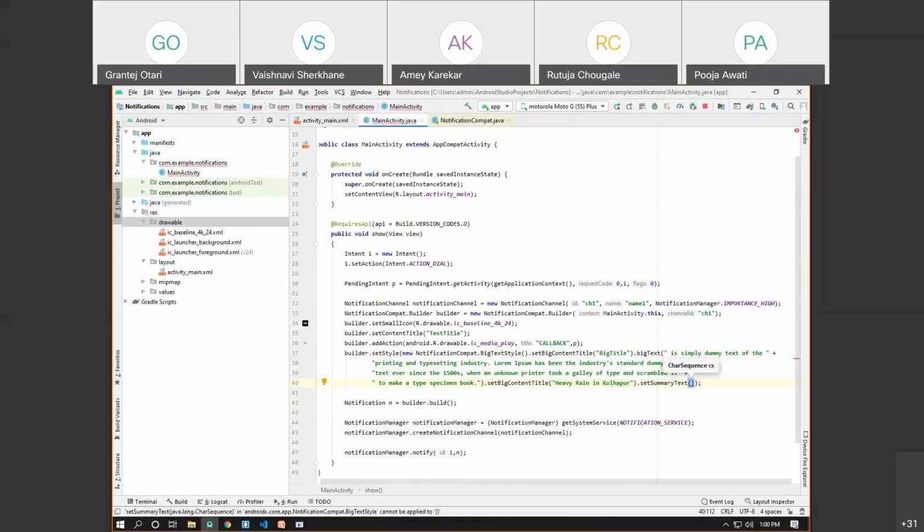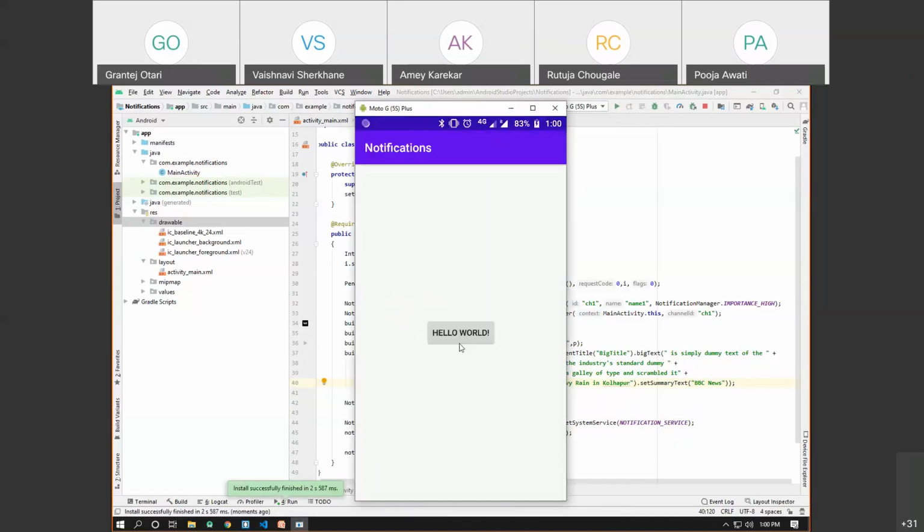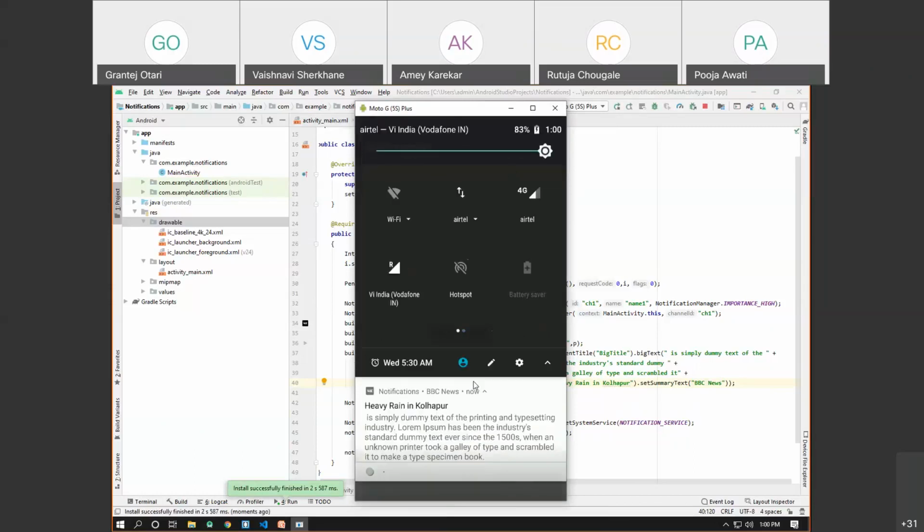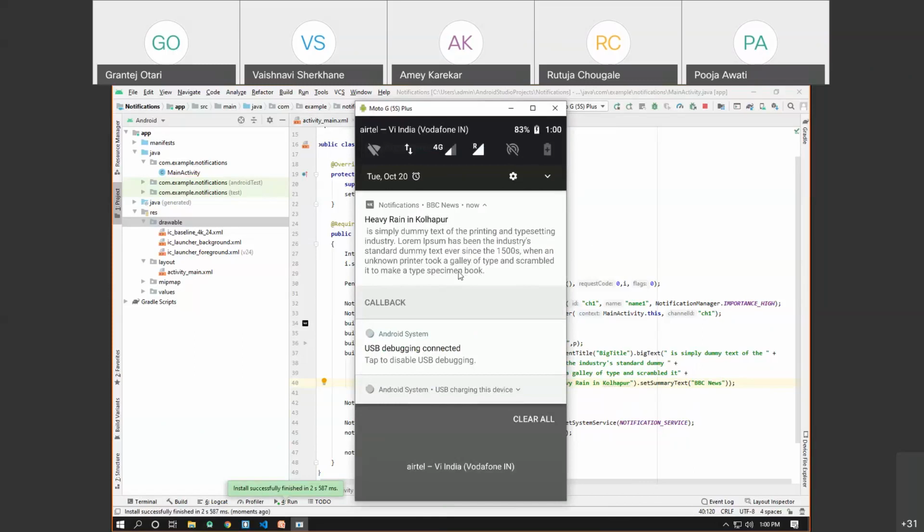Set summary text is equal to, say, by BBC News, something like that. Now let's try to run it and see what happens. Click on the hello. Now as you can see, it shows the title, then it shows you the text, and on the top right corner, it will show you the summary. So this is the news from the BBC, something like that. This is how you can use the big text style.